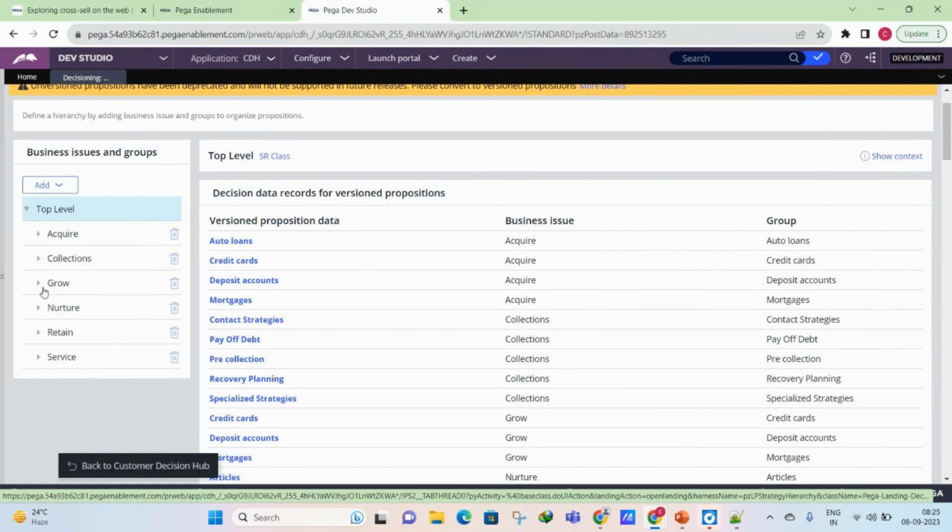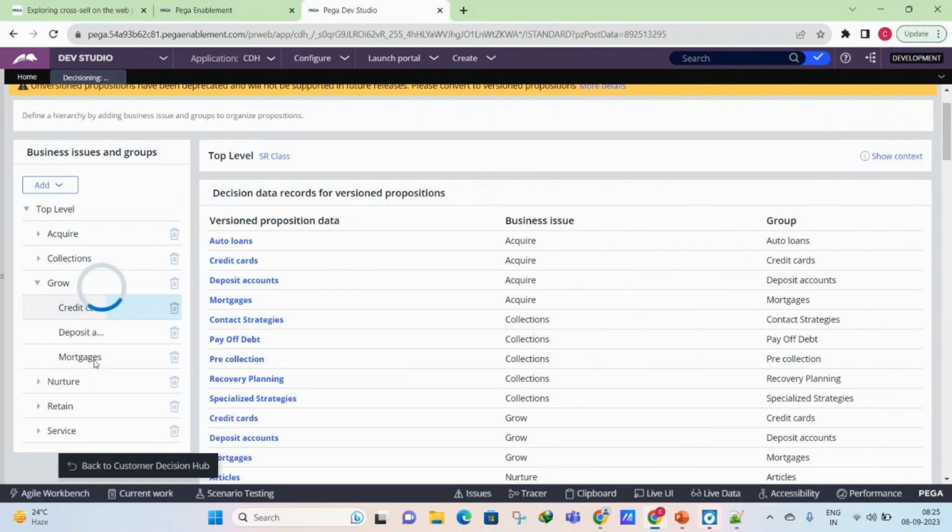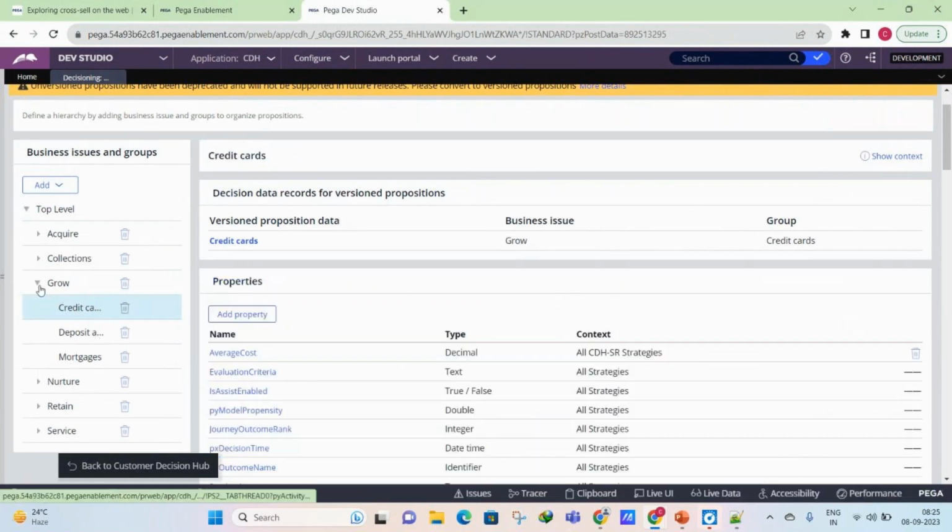Same way, if you see grow, that means they want to increase the sales. Under grow, they want to increase the sales for credit cards and mortgages. That's what they want to increase. Then I have, you see,